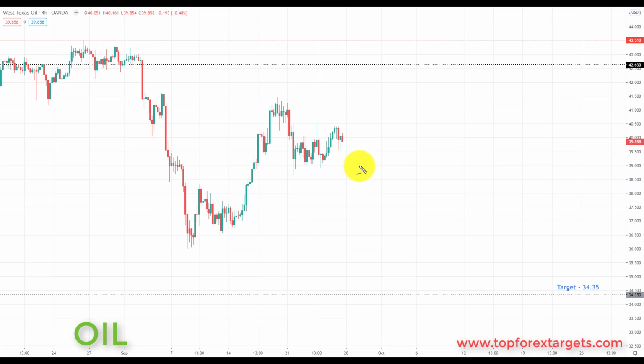So very simply put, going into this week, we are now sitting right in a place where we are going to once again look for short setups in this market, so bearish breakouts to the downside of this corrective move in crude oil next week. And if we start to get the right kind of bearish setups in this market, if we start to break to the downside here, we're going to be looking at initiating shorts down towards the next key of support to the downside and the target set at the 34.35.